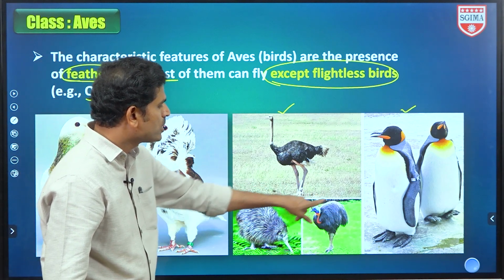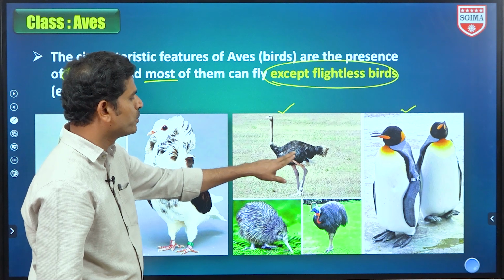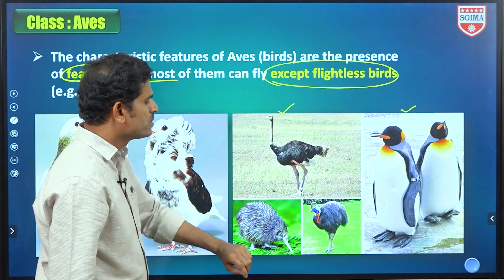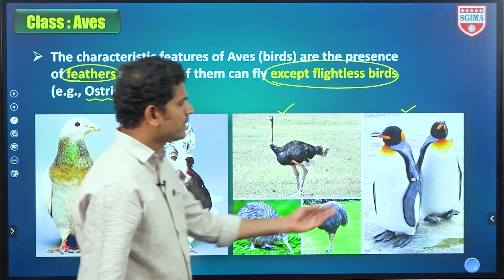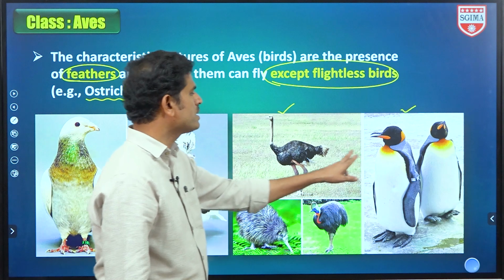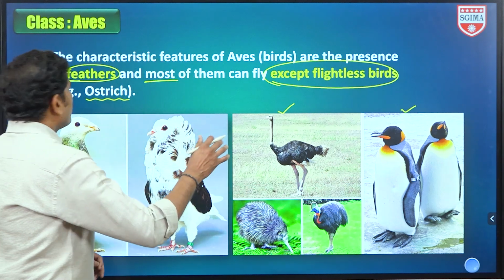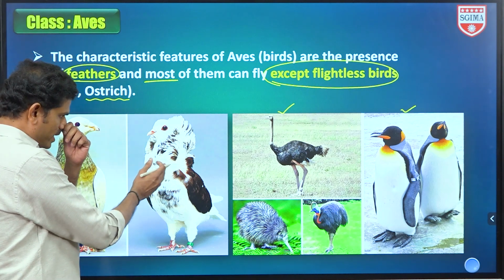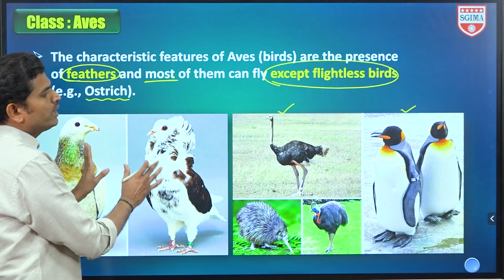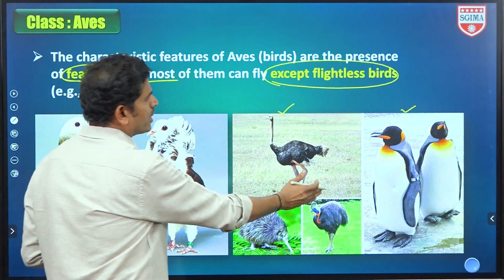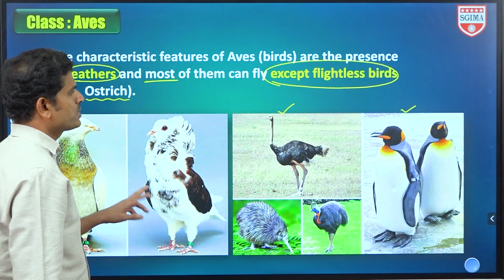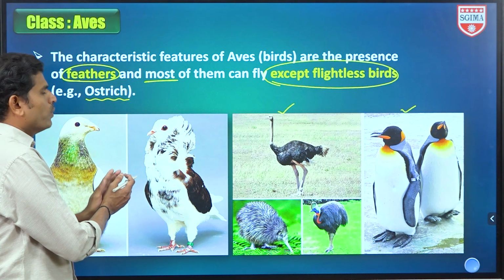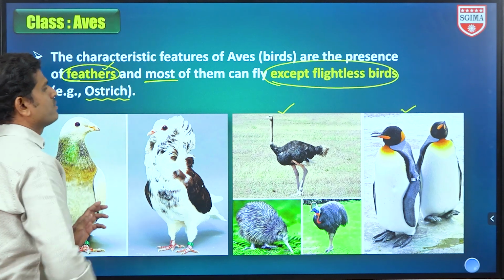In these, feathers are not well developed. Here the feathers are reduced; on the body there is no different variety of feathers, only one type of feathers. So these are hair-like feathers. Here the feathers completely cover the body. So these do not contain well developed feathers, or feathers are absent in some organisms. Here feathers and wings are well developed because these are flying birds, and these are flightless birds. So this is the first slide about the feature of birds, that is, the presence of feathers.